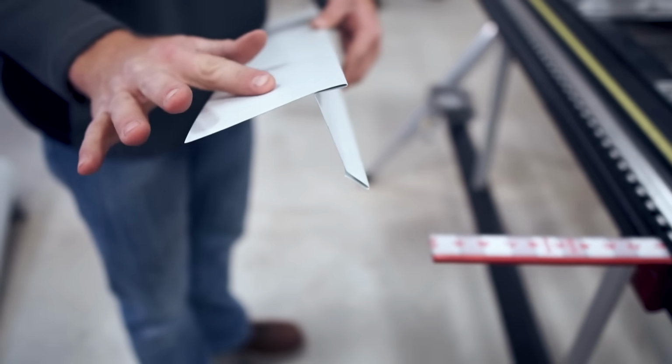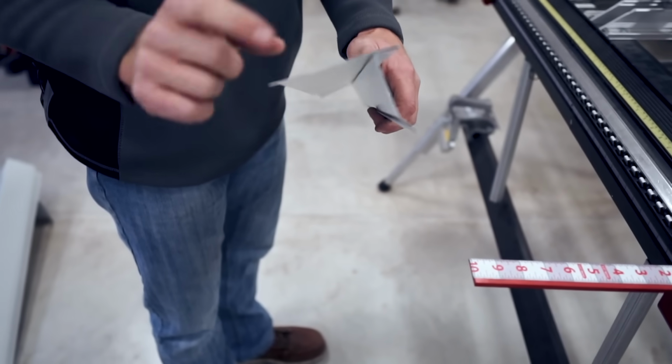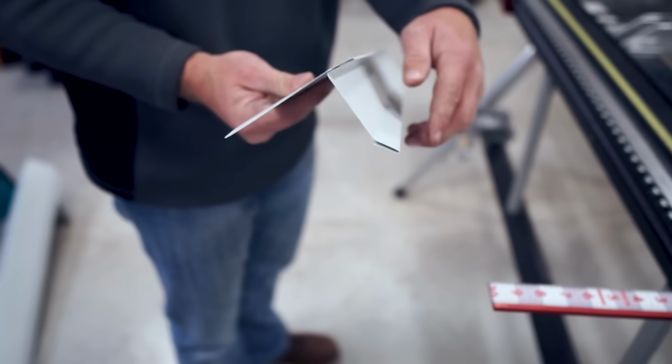This is gonna go up on the roof, and this is gonna cover your fascia, so when water comes out over it, it's gonna drip right off. All right, now let's go ahead and do a bend that really I've never even done before,